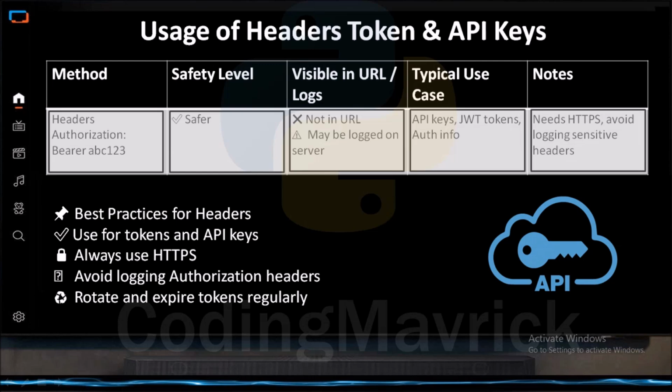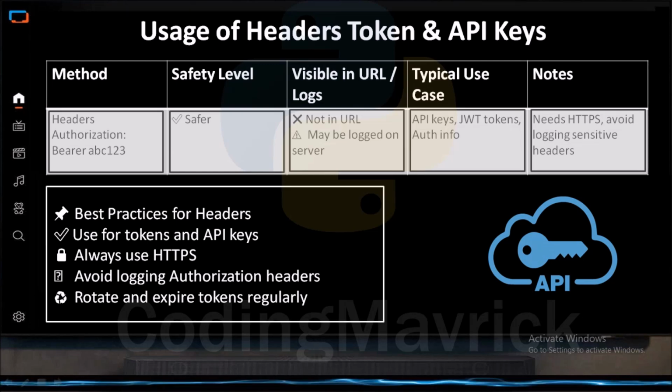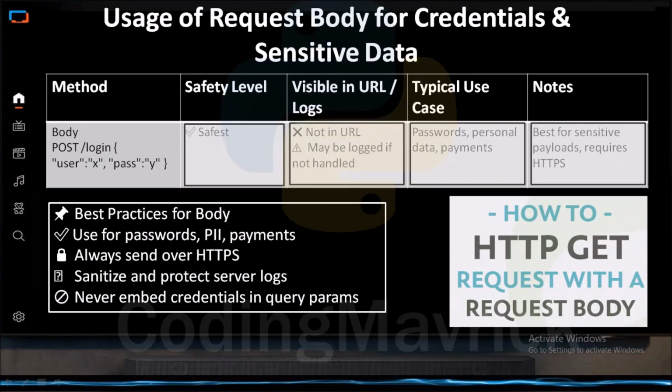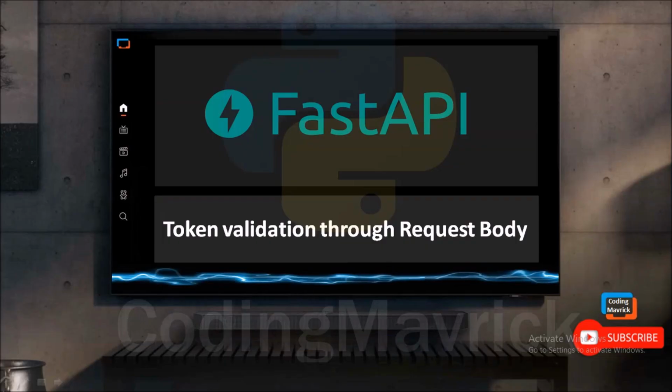In FastAPI. And viewers, in today's video we will explore how to send data inside the body of a POST request. We will start simple by posting just the token inside a JSON body and validate it on the server.